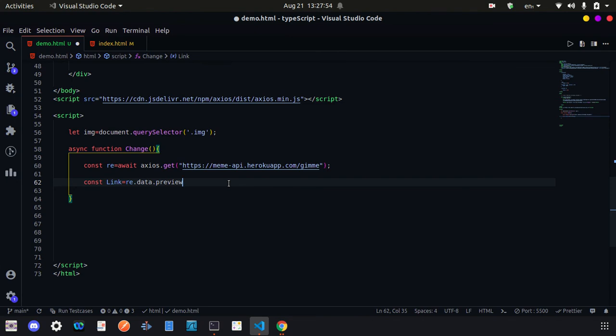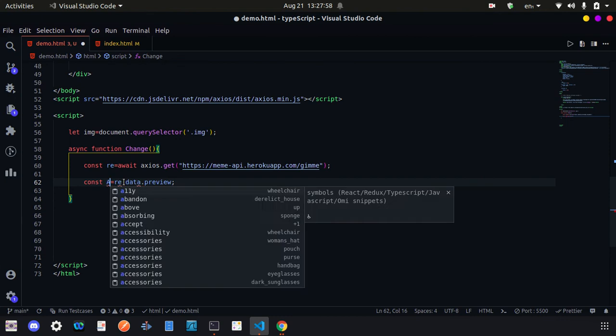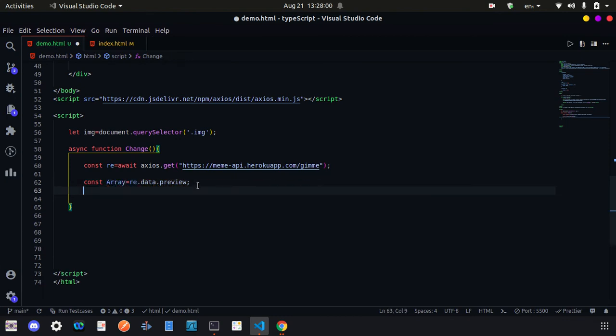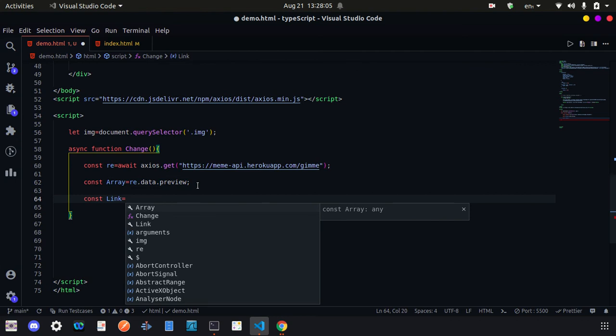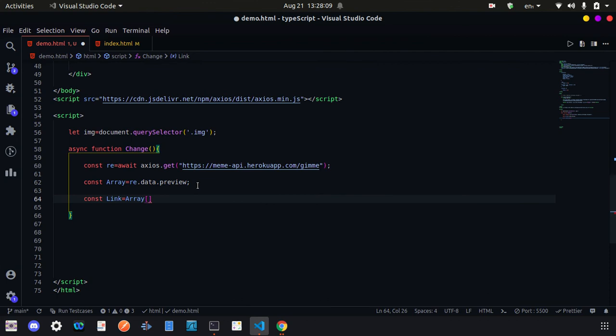Okay, so we have our data here. Let's make this an array, and then make our link. What is our link? The link will be one element of the array.